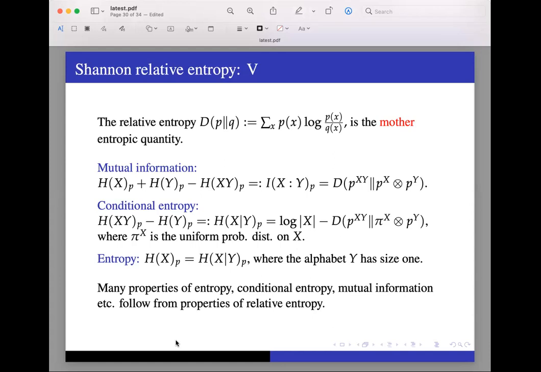So you may have read about concavity of entropy. Then there are convexities of mutual information. Then there are data processing inequalities for conditional entropy, data processing inequalities for mutual information. Lots of things here and there. Additivity of entropy, subadditivity of entropy. All of these can be proved from properties of relative entropy. And what properties? Just the properties that I've told you. Strict positivity of relative entropy, and data processing. That's it. That's all you really need to know.